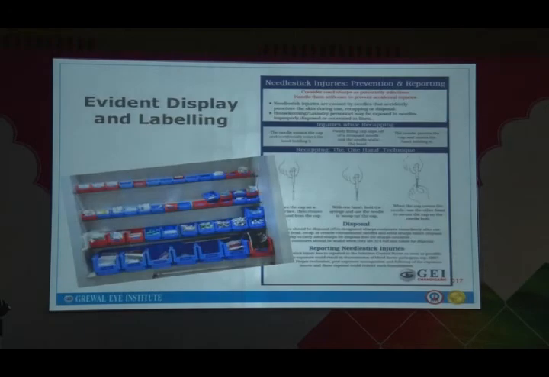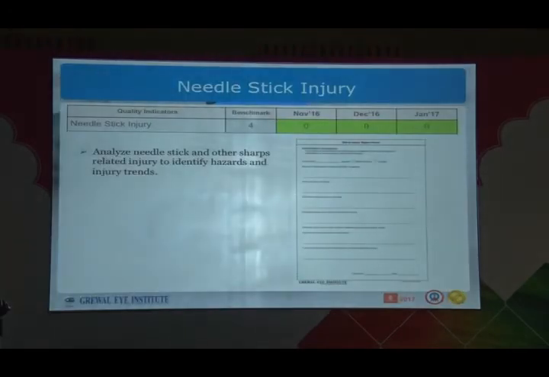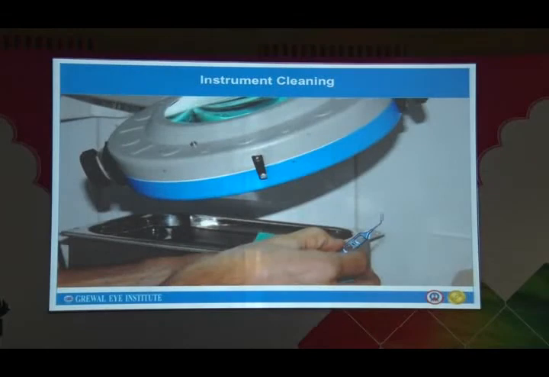Do take care of sharp needle injuries to the staff. Cleaning of the instruments is something where you must observe your staff doing it. If you don't observe, then within 1 month, their way of cleaning the instruments will change. They will take shortcuts. They may not do it properly. They may not dry the instruments properly. So this is something which you must yourself observe at random to see that they are doing it. If the instrument is not cleaned and packed properly, this may be a risk for the next patient that is going to be operated.